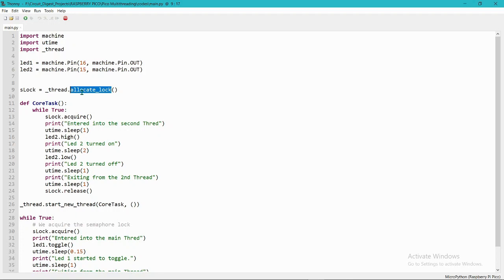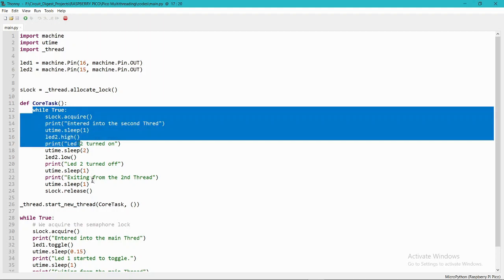If you know a little bit about embedded programming, then you might know about the semaphore mechanism, where we can run an individual program until the current running program is finished. For this we have created a core task function, and under the core task function I am running a while loop.